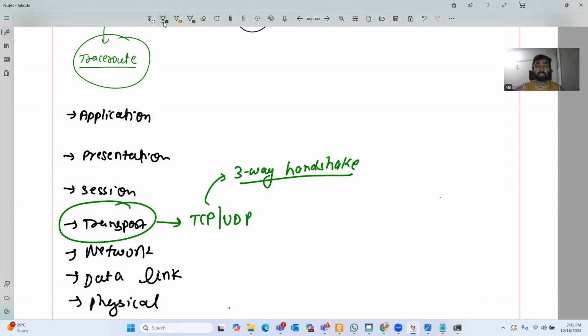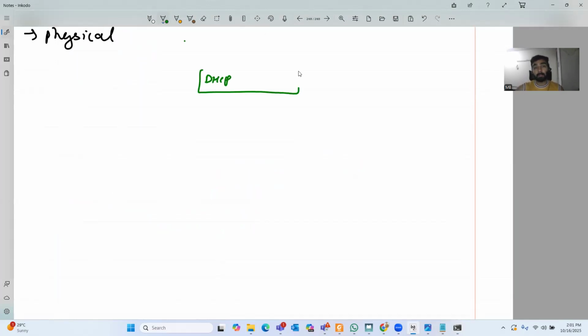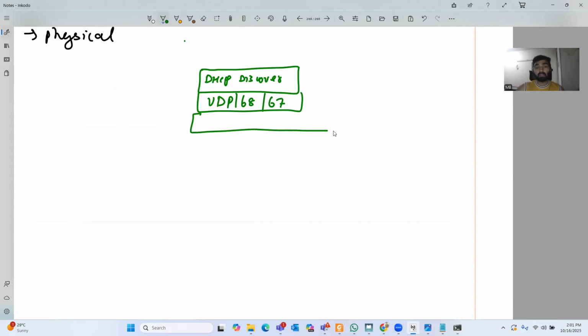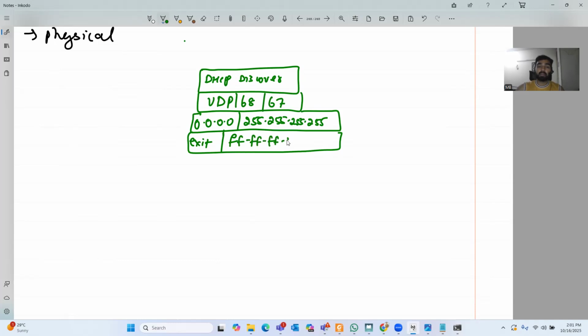Let's say our machine is sending a DHCP discover message. As we know, when the DHCP discover message is sent by a machine, first of all, the DHCP discover will be given to UDP at layer 4. 68 is the source port, 67 is the destination. Then a source IP will be added. In this case, we don't have the IP address. That's why we are sending the DHCP discover. And the destination IP will be 255.255.255.255. Then the source MAC of the exit interface, let's say if you're using the LAN adapter or Wi-Fi adapter, but the destination MAC will be FF. And for this, we already have a binding in our